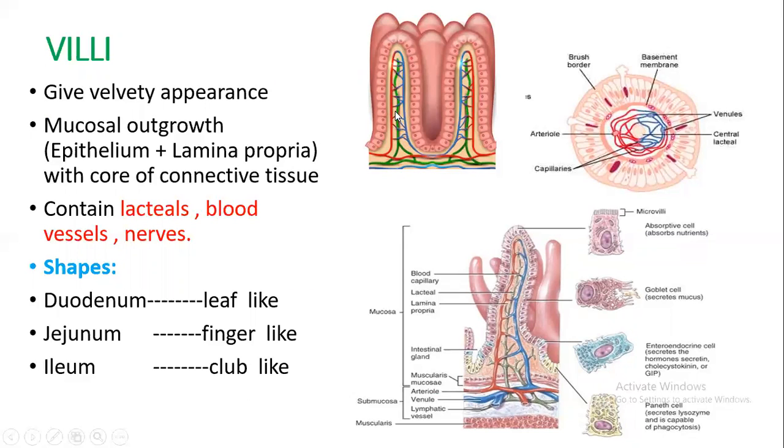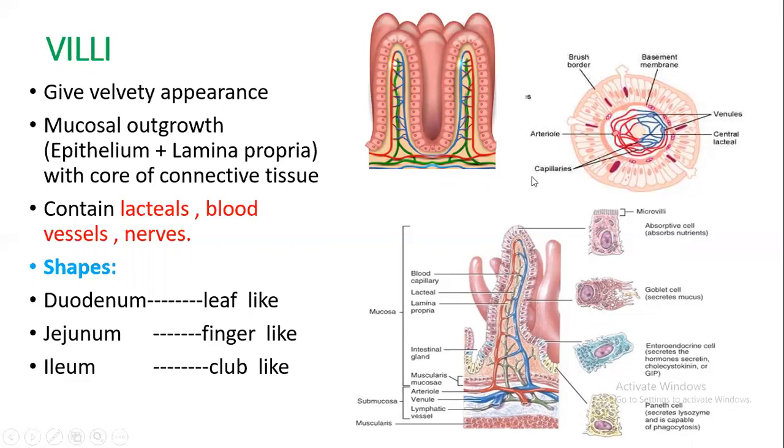absorption of fats. A commonly asked question in your exams is to draw and label the cross section of a villus. So you have to draw this cross section. You have to label these enterocytes, or the absorptive cells, with microvilli giving a brush border. The absorptive cells are lying on a basement membrane, and in the center of these cells is this network, lamina propria, connective tissue with the network of arteriole, venule, capillary, and central lacteal.